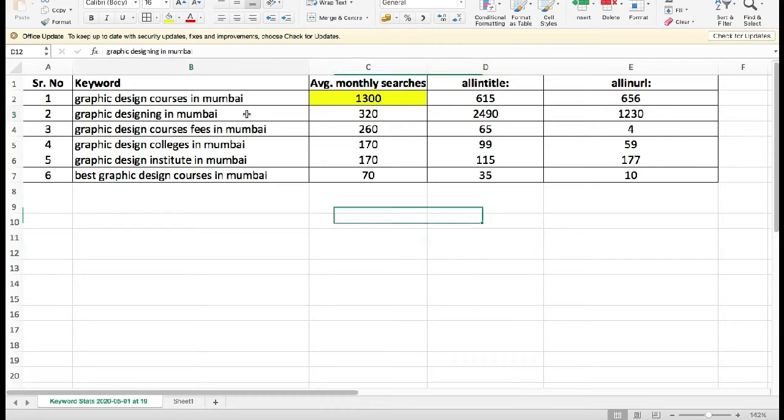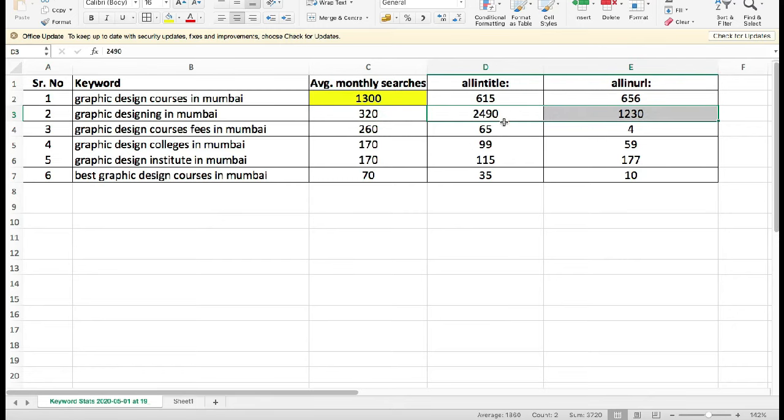Now look at this keyword, graphic designing in Mumbai. The average monthly searches are far less, just 320 as compared to this one. And look at the competition. All in title value is 2490 and all in URL value is around 1230. If you compare this keyword with this keyword, this is obviously a better keyword than this one.